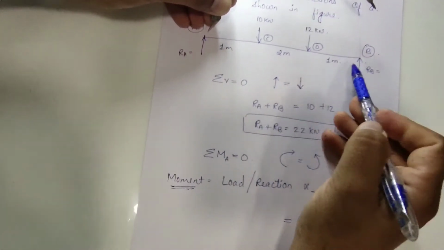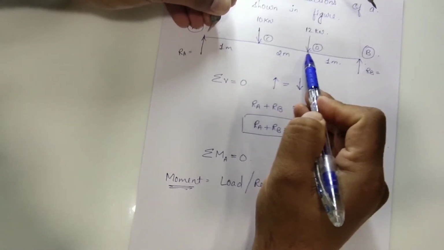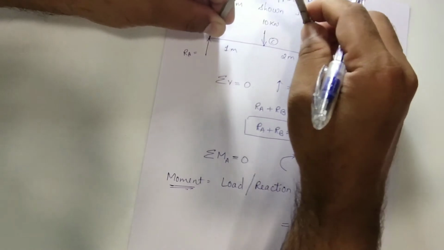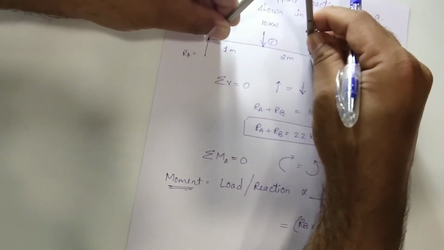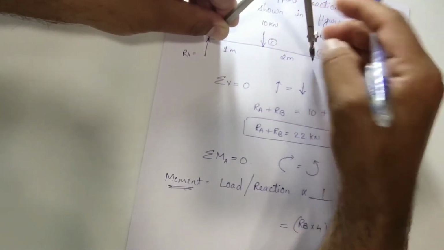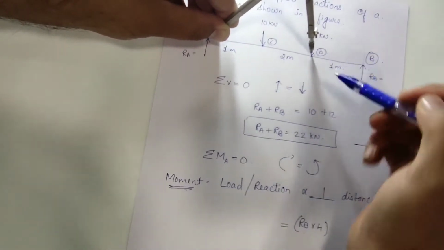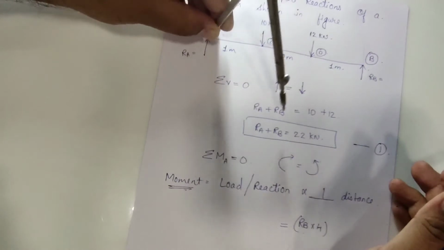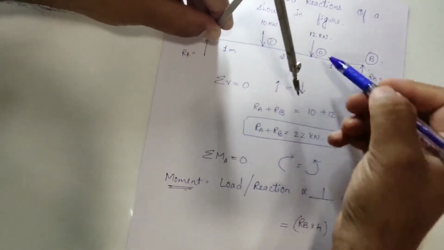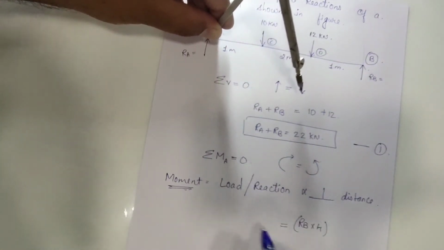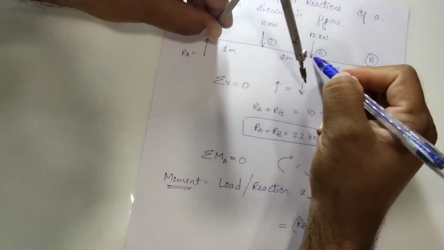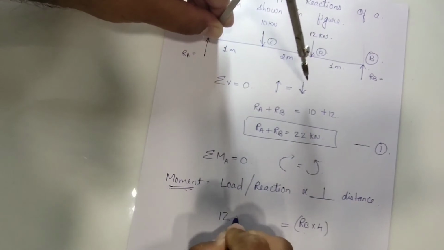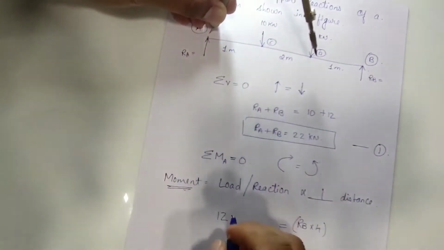Okay, now coming to the next load, that is 12. So I am moving to 12. I am keeping my compass center as A only, and this D. This arrow shows me that I have to move downward, which means I am moving in a clockwise direction. Okay, so I have to put this value over here. So this value is, point load is 12 into its perpendicular distance, which is 2 plus 1, 3.